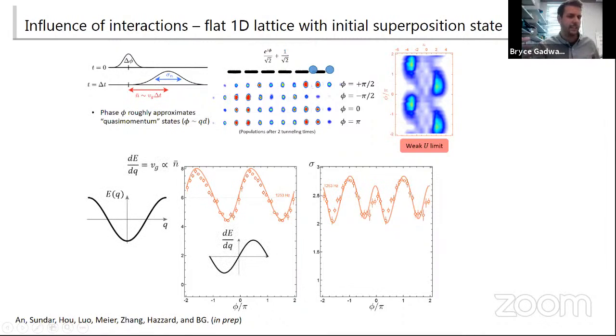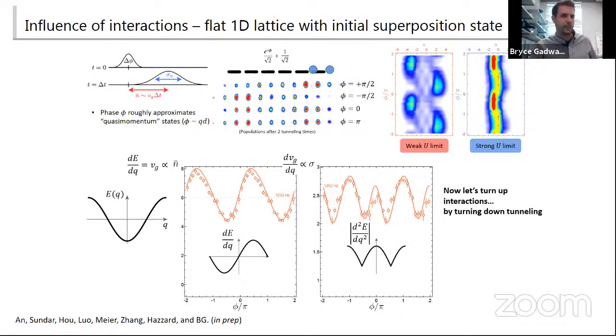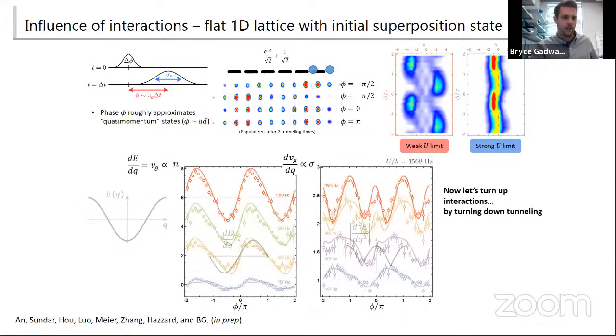And we can understand these in the weakly interacting case from just thinking about the derivatives of our simple one-band band structure, where it looks at least close to what we might expect. So I have a nearly sinusoidal variation with phi and almost symmetric peaks with phi here when I look at something like the dispersion. And if we turn up the interactions by actually turning down the tunneling, we see things